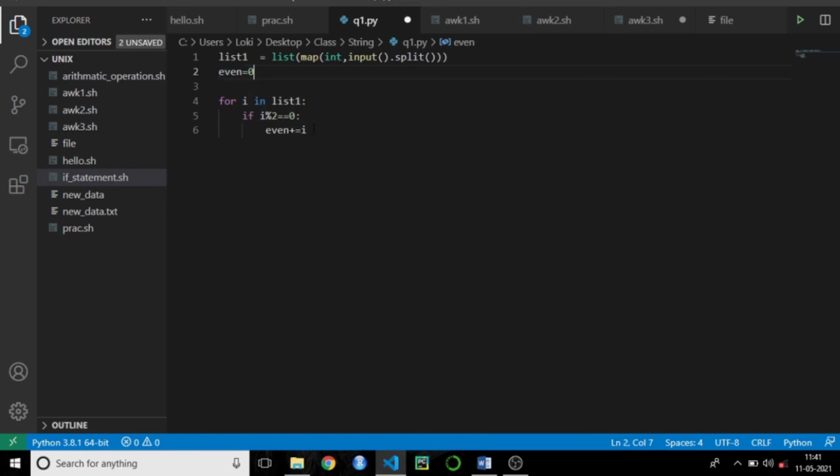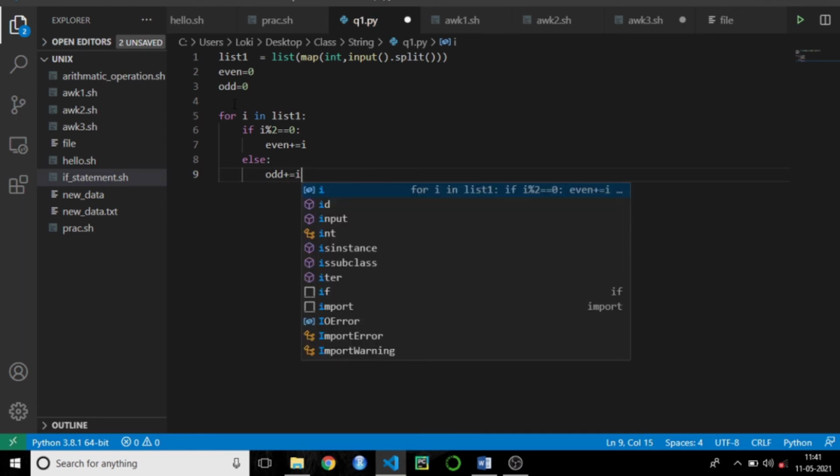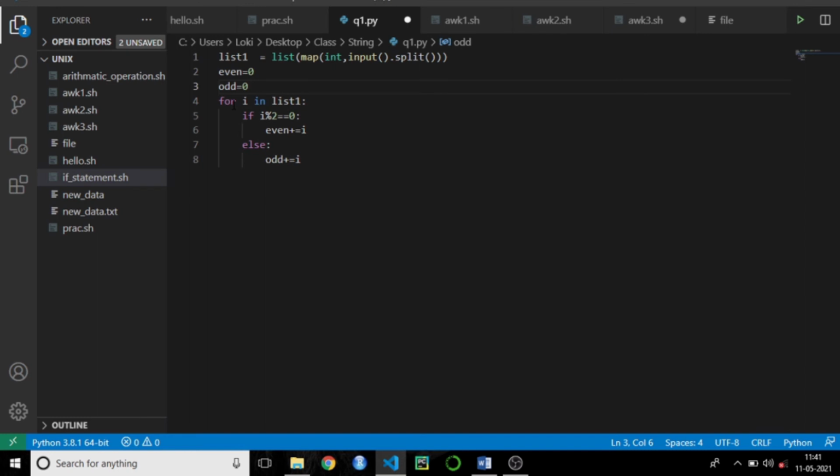Likewise, whenever I find odd numbers, I need to add that odd number to the odd variable. So else, just add that number to odd. This is how we will get the sum of even numbers in a list and the sum of odd numbers in a list. Basically this is the base for many questions.